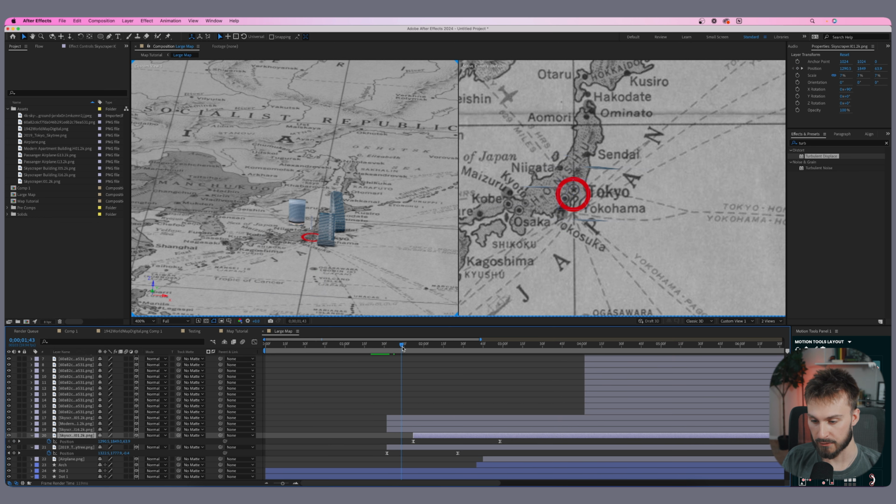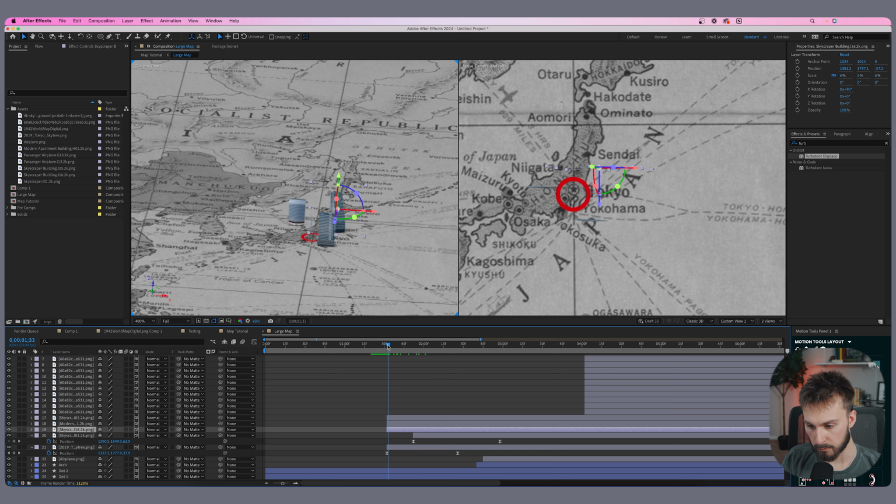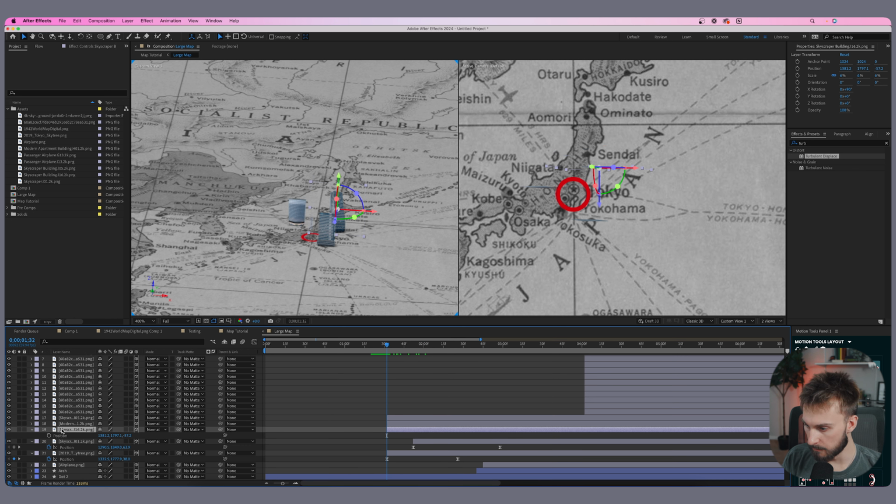We don't want it coming in at the exact same time. It'll look awkward if it does. It won't look natural. Find the next skyscraper that you want to work with, bring your playhead to the beginning of it, hit P on your keyboard, same exact sequence, create a keyframe for position, drag it out to the right here, and then we're just going to take the Y position of it and bring it below the map. Okay, highlight both keyframes, right click, keyframe assistant, easy ease, go over the graph editor,